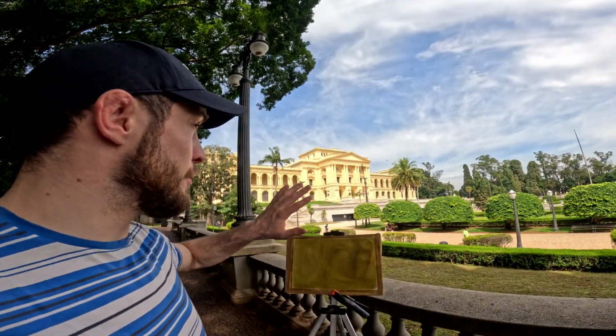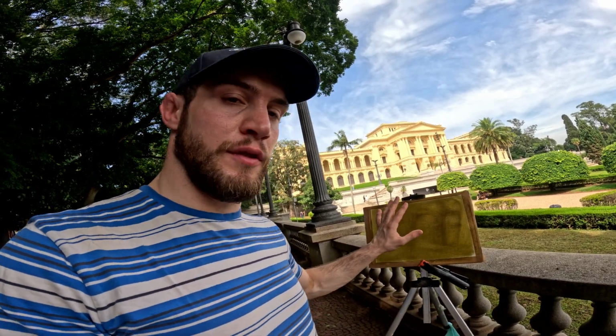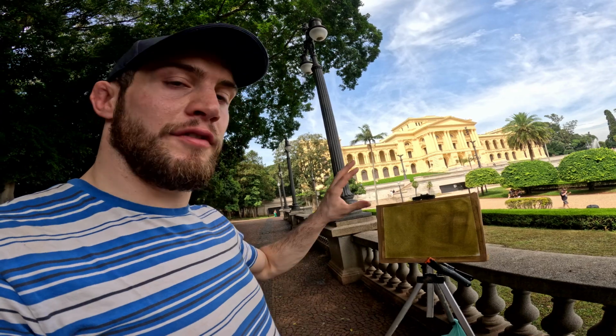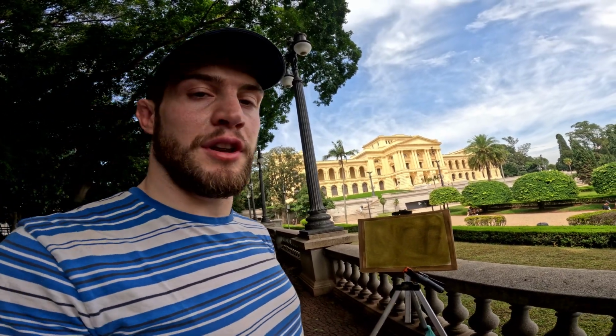Morning, bon dia. Today I'm here in the Ipiranga Museum in Sao Paulo, and I'm going to do a painting of this scene. I'm painting on an oil-primed linen canvas that I've toned to a sort of dullish green, and I really love the architecture here, those tropical Brazilian trees as well, so I think this should be fun to